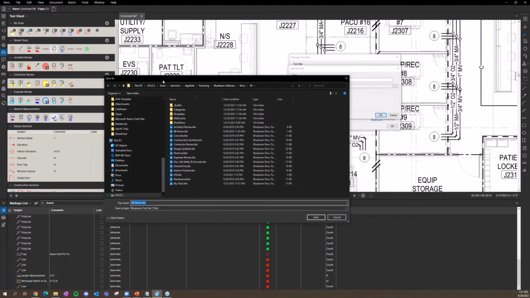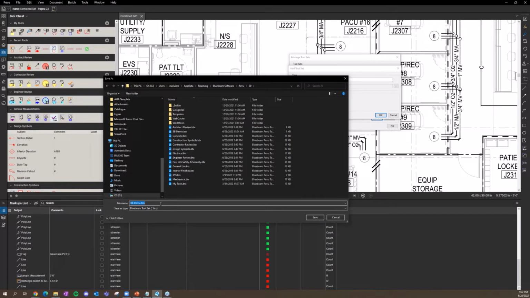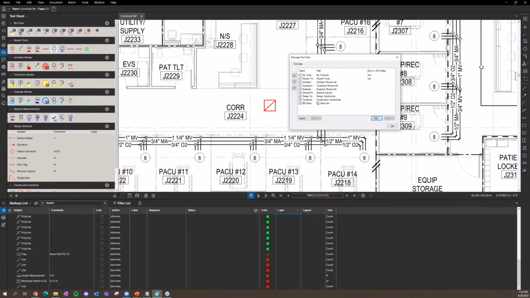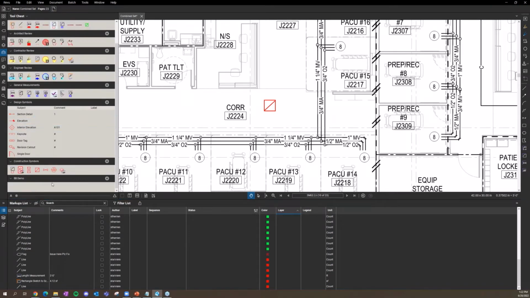What's so cool about this is I can go ahead and save this file anywhere I want. If we're working within our company and we have a bunch of standard symbols or notes or drawings that we add to our PDFs, we can create a singular toolbox, throw it on our server, and all of us can access it. So I'm going to replace the one that's already there, save a brand new one, and this new one is going to be totally empty. So I'm going to go ahead and say okay, and if we scroll down, we'll see there's BB demo, but